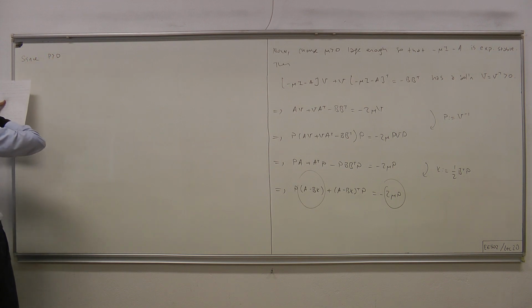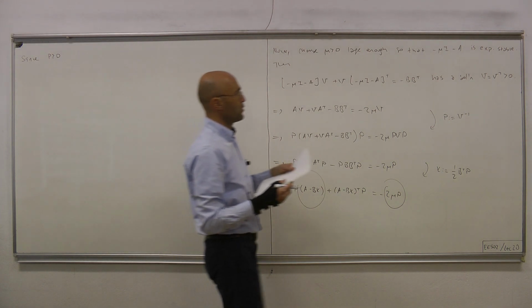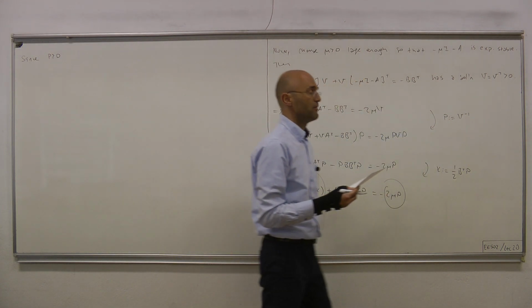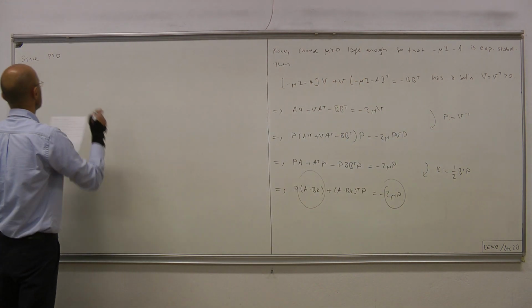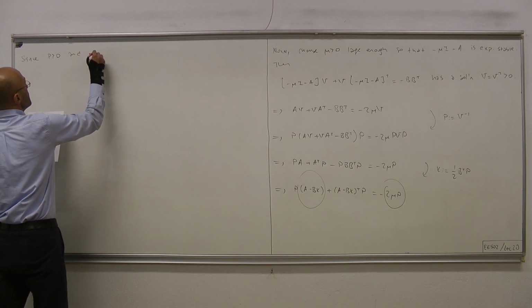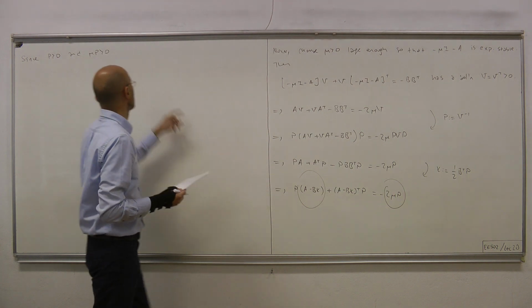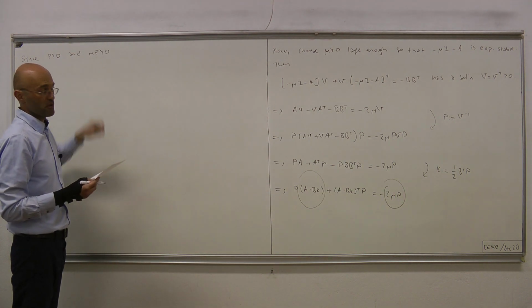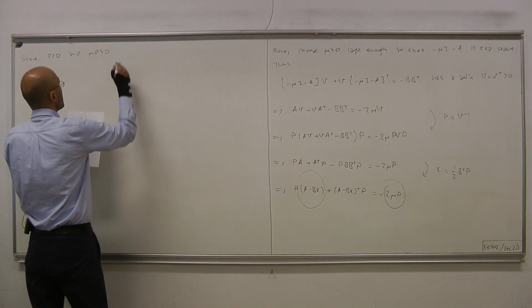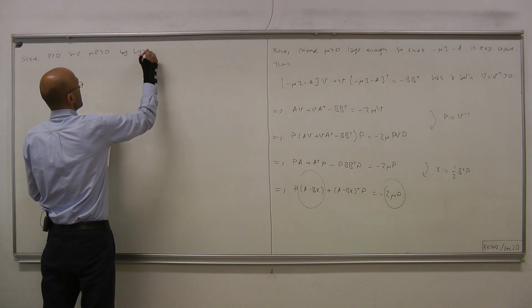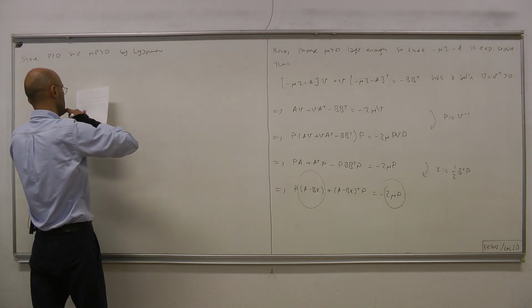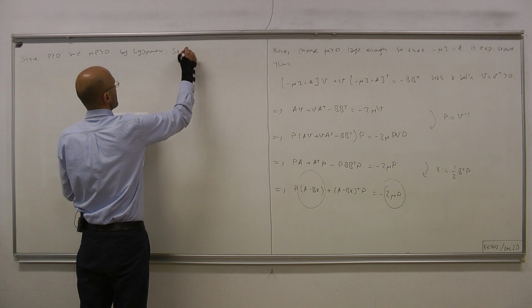P is positive definite because it is the inverse of a positive definite matrix, and mu is a positive real number, therefore mu times P is also a positive definite matrix. By the Lyapunov stability theorem,